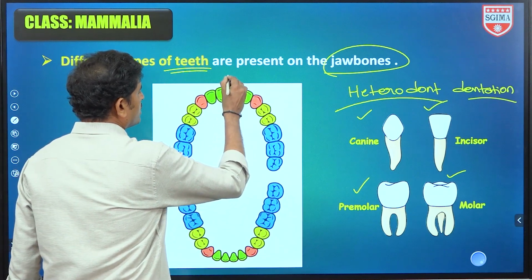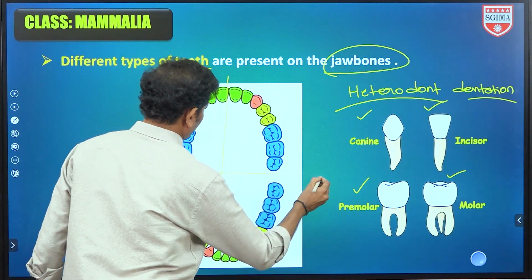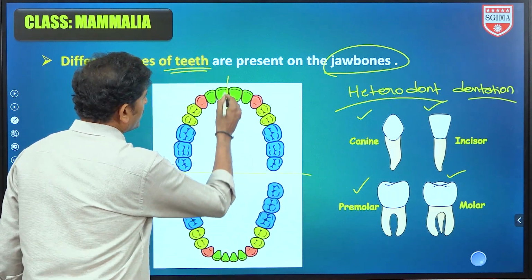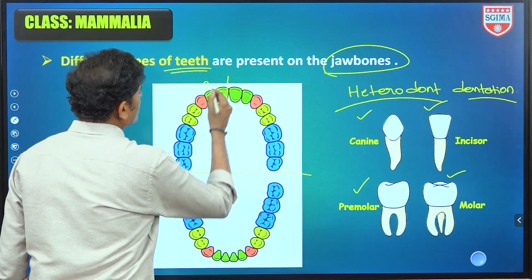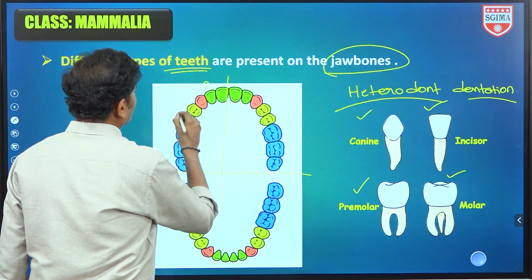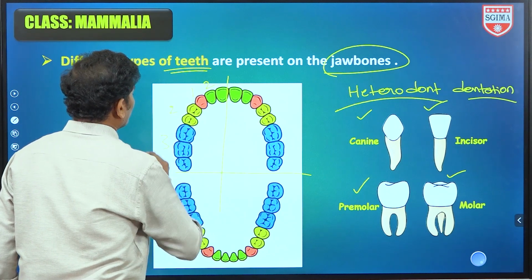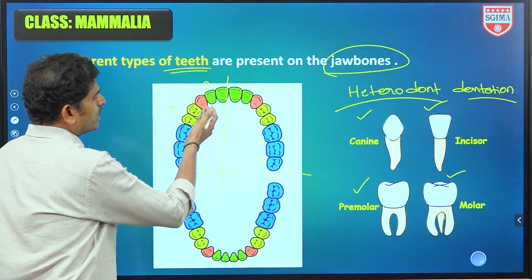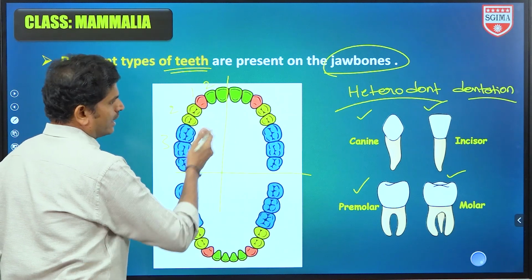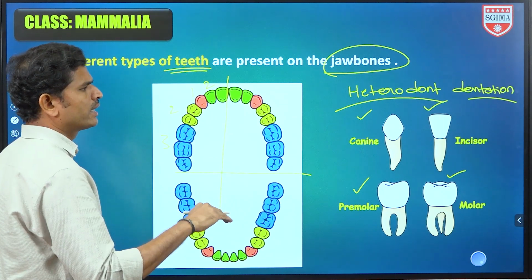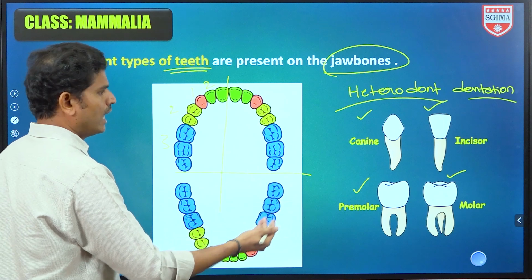So देखो इधर this is the half of the jawbones, इधर भी वैसे होगा. So ये half में 2 incisors है and 1 canine है, 2 premolars and 3 molars will be there. So this is the adult human being का dentation. So milk teeth का, teenage teeth का dentation थोड़ा सा अलग हो सकते.